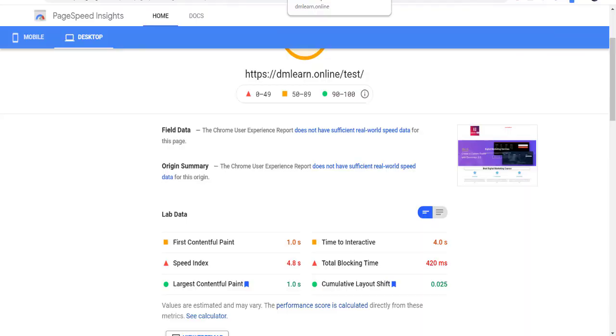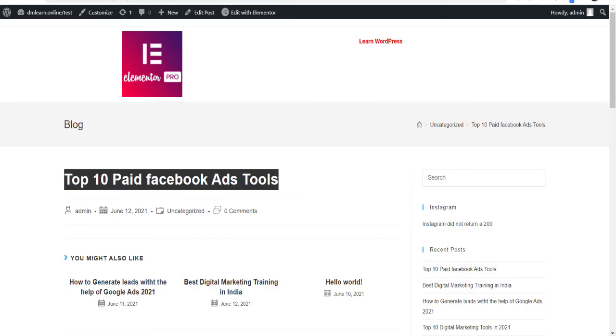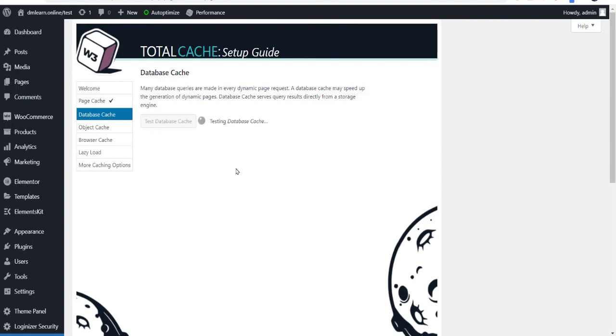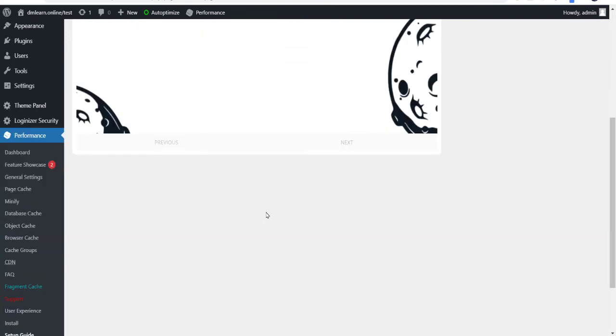If you find any issue in your Elementor, one thing I forgot to share with you: sometimes this plugin faces compatibility issues with Elementor. So if you are creating a website or you are learning, just deactivate it right now.